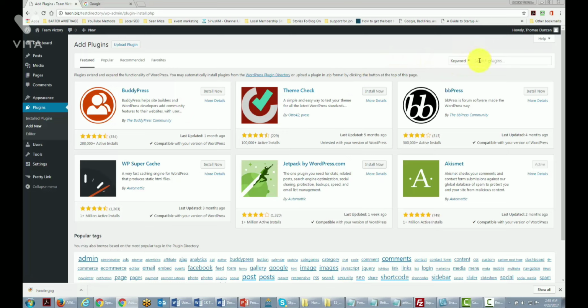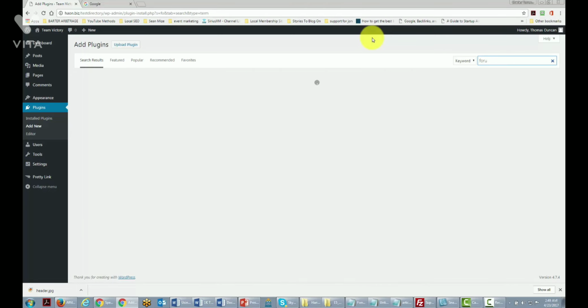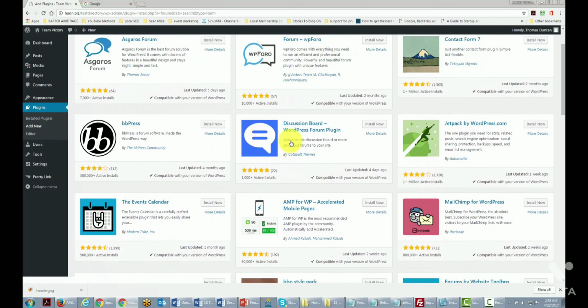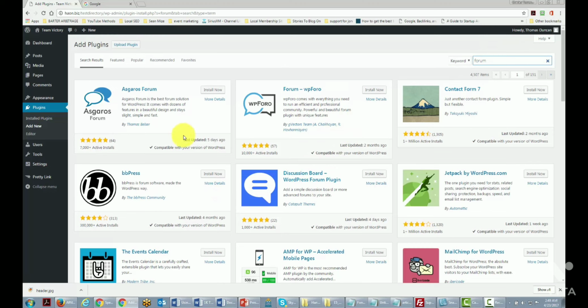And you'll see that there's a keyword area right here. What you can do is place the function that you're actually looking for. So, for example, you're trying to find some additional functionality so that you can add a form. And so you might type in form here. And WordPress will search for all of the plugins that will put a form onto your site. And so you can actually see reviews and what you can add to your WordPress site